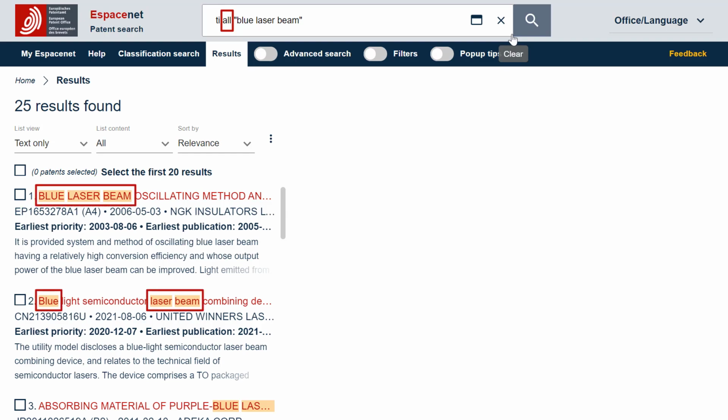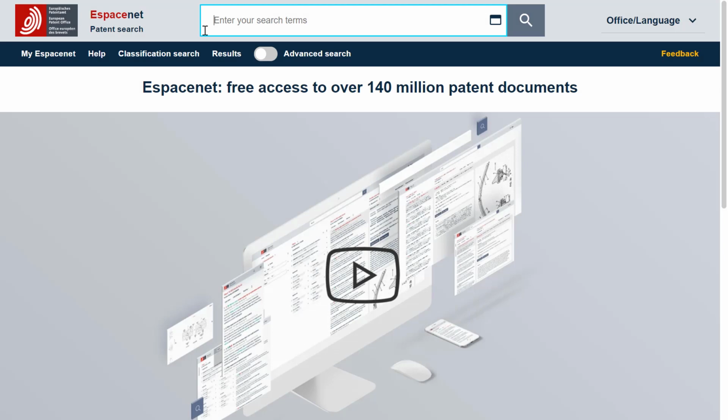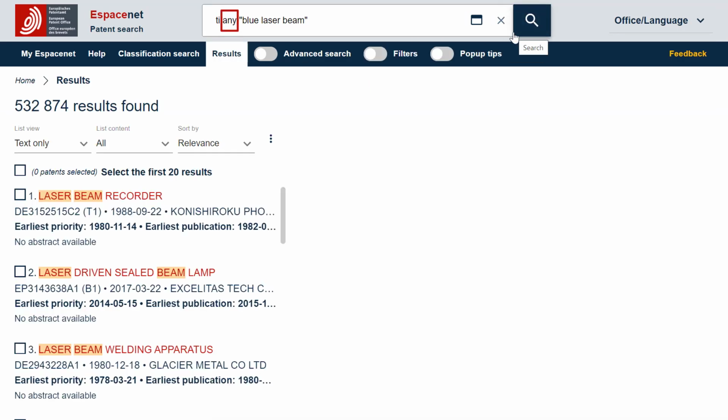The field operator ANY has the same effect as the Boolean operator OR between search fields. If you search for TI ANY "blue laser beam", you will retrieve documents which can contain any of these terms in the title, which means either blue or laser or beam, or any combination thereof.